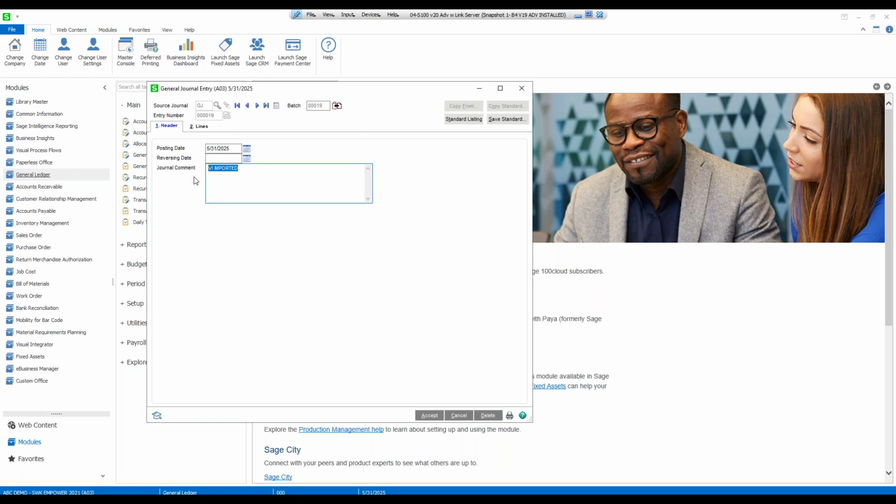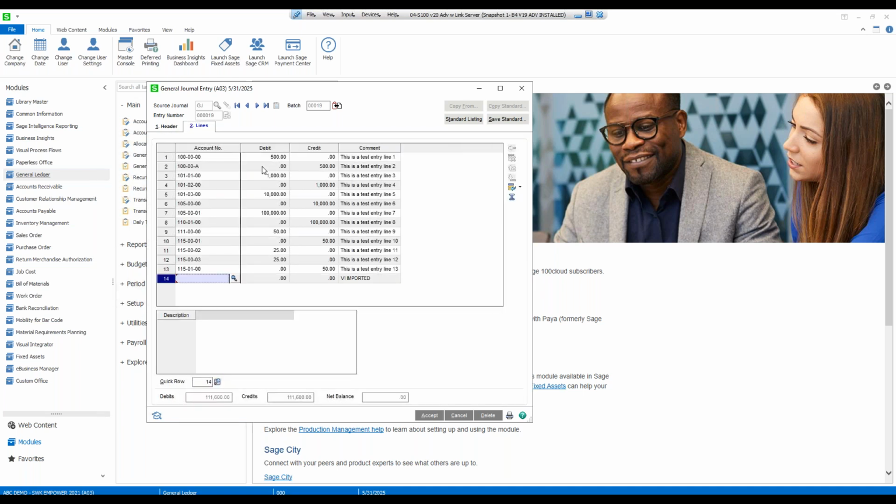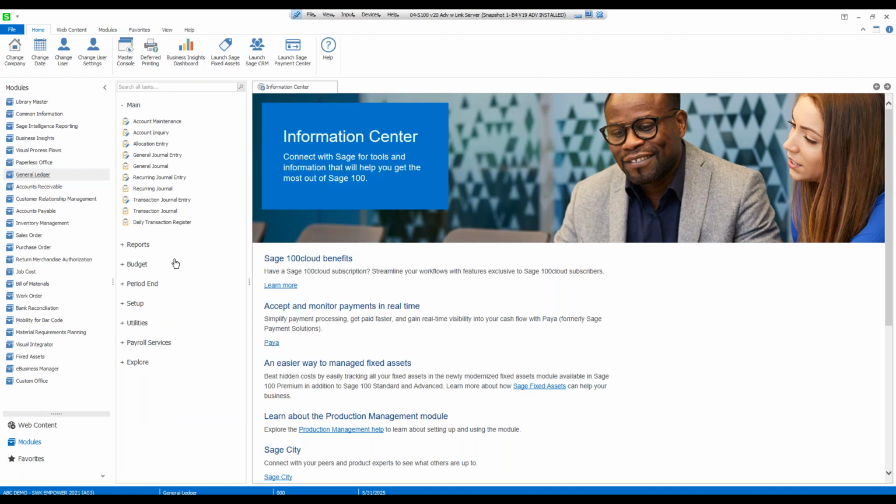Okay, so in this case, I set the import job up to tell me that it was imported with the Visual Integrator module. And here's my actual entry with my transactions and dollars in them. So it worked great. All right, so another cool thing that you might want to think of using the task scheduler for